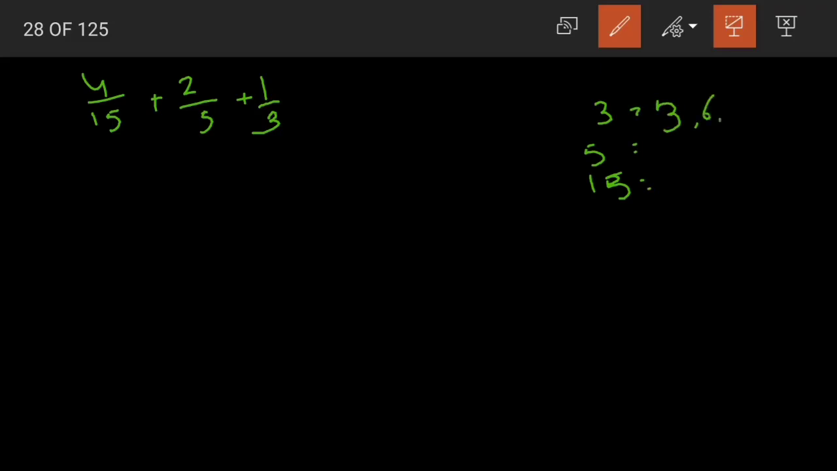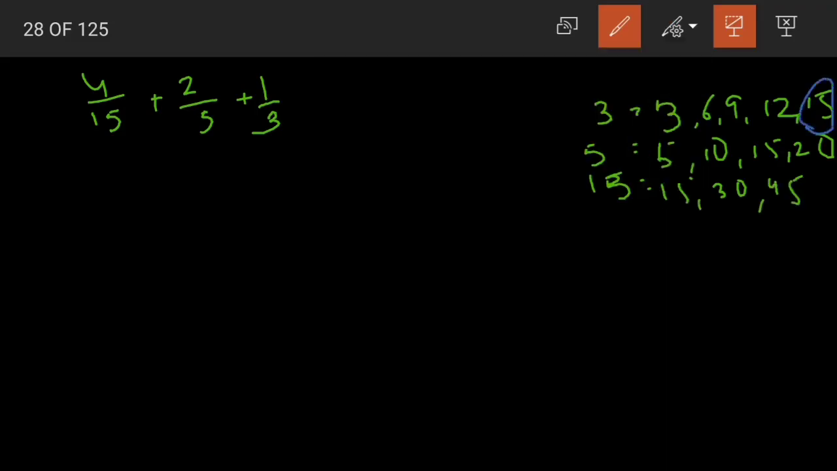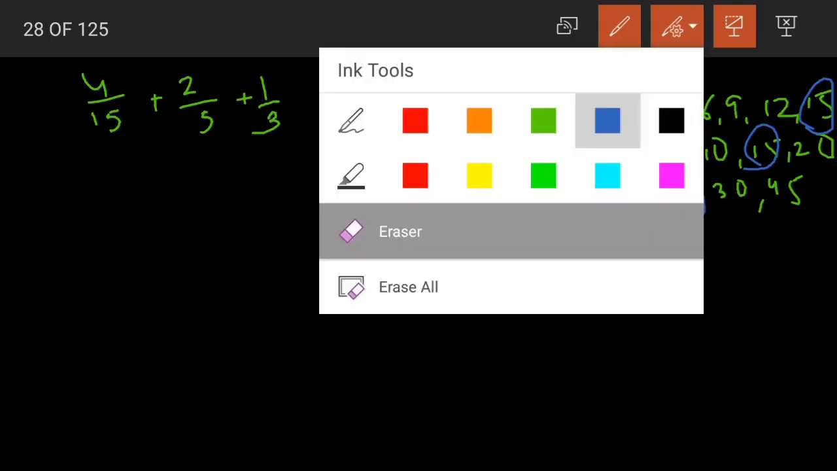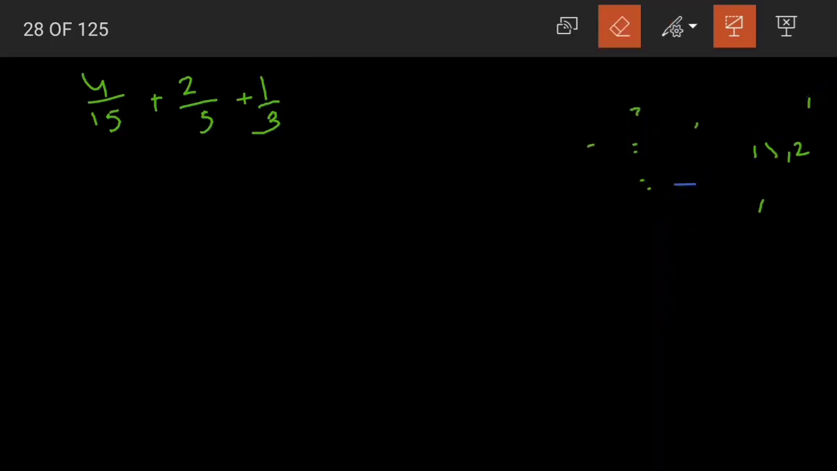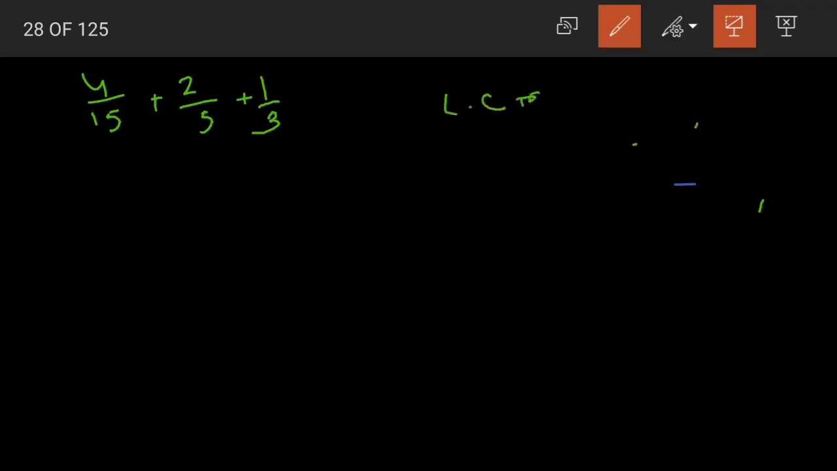The multiples of 3 are, and then the multiples of 5 are, and then we have the multiples of 15. Yes, children, if we observe, what is the least common multiple here? 15 is the least common multiple for all the three given denominators. So 15 will be our LCM. Let me erase this here. Yes, so our LCM is